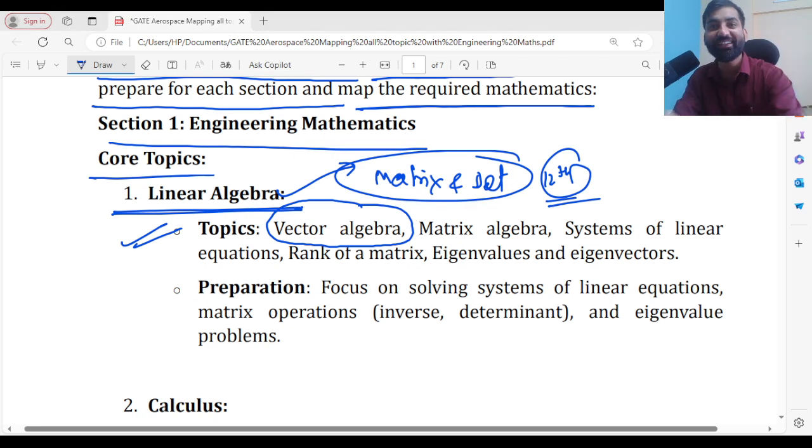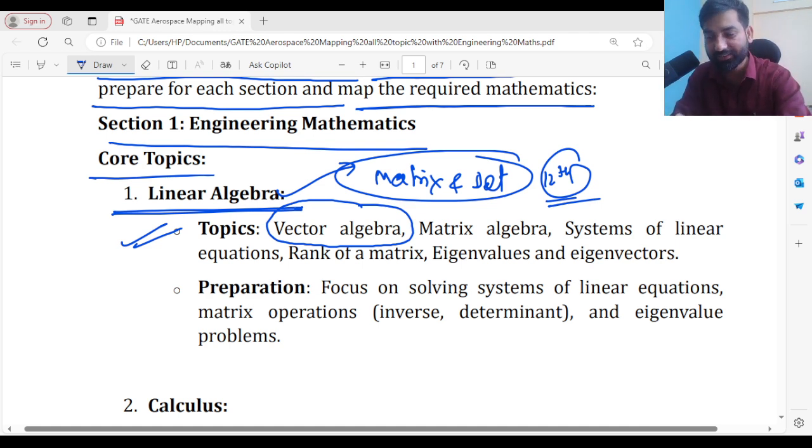You open up any current live classes, and many students enrolled at this moment will find they are only exposed to the matrix and determinant that is taught in class 12th. They're not taught any sort of vector algebra, like what is a vector space. And you know that the vector space is nothing but the heart of linear algebra.